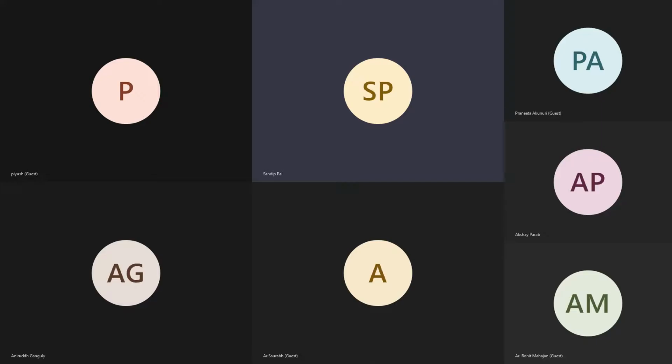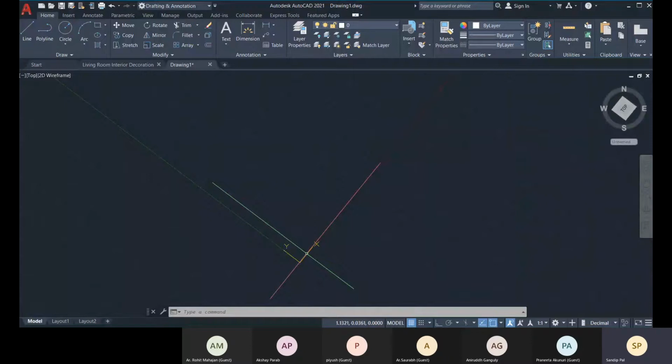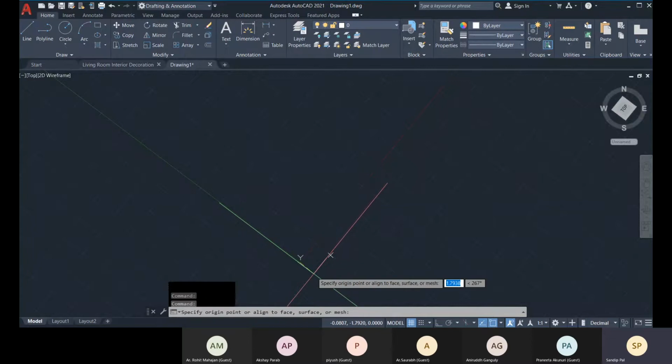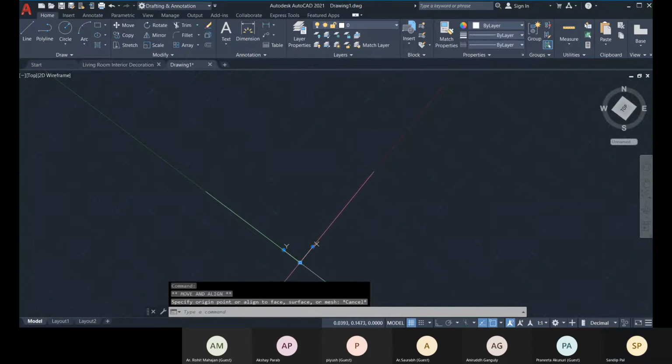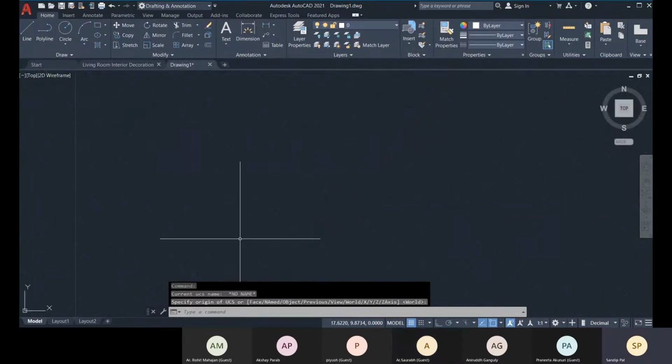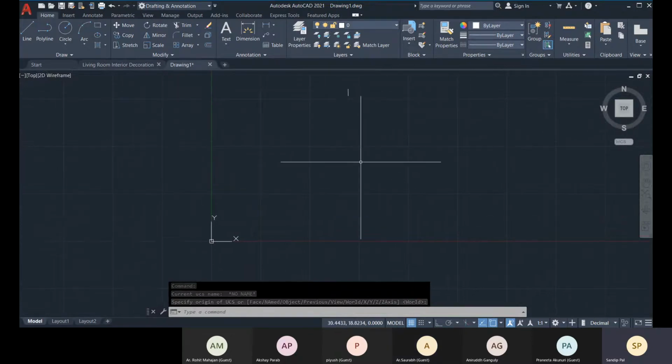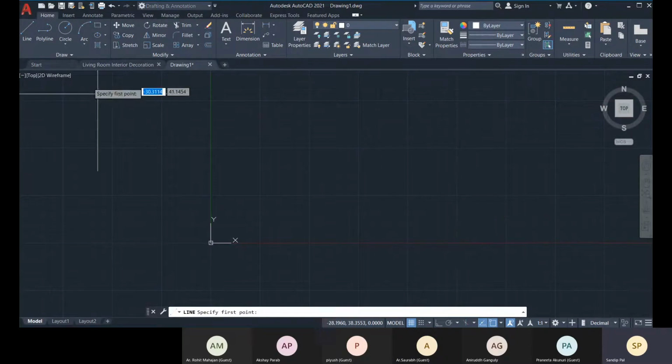About the UCS and the WCS. You can use it as, let me bring it back to the default. Okay, so suppose you are working on a project, you are creating a plan, and suppose there is a north